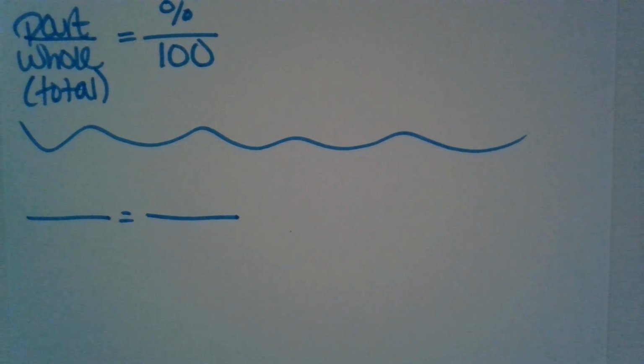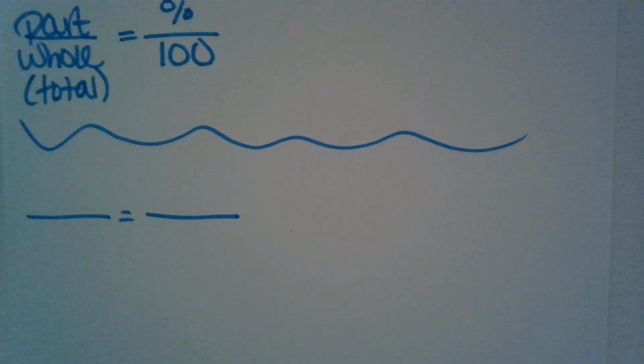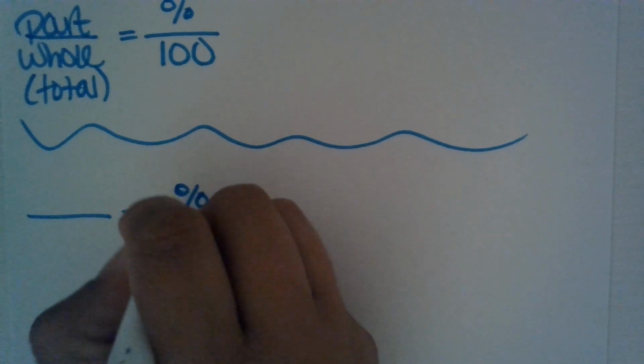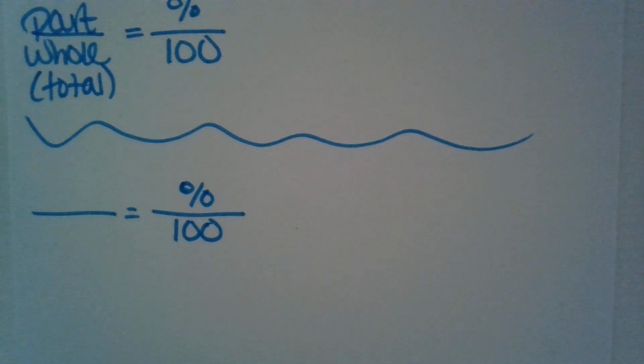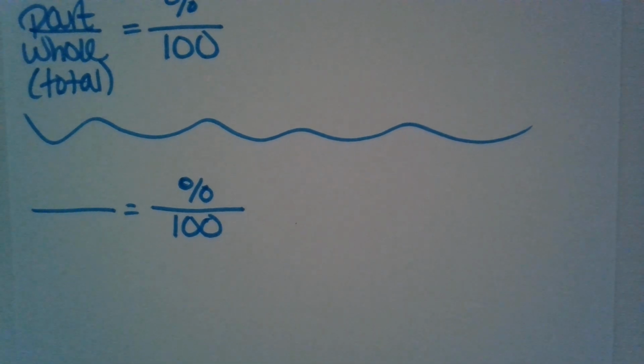So I've got a question up. 3% of a university's freshman class are majoring in computer science. If 231 students in the freshman class are computer science majors, how many students are in the freshman class? So I know this side is already percent over 100. Now, you have to be careful with the wording, because we're talking about how many students are in the freshman class. That's a group of kids. They're saying that